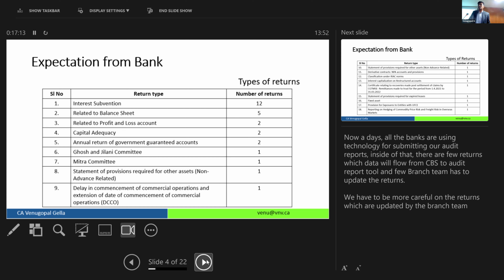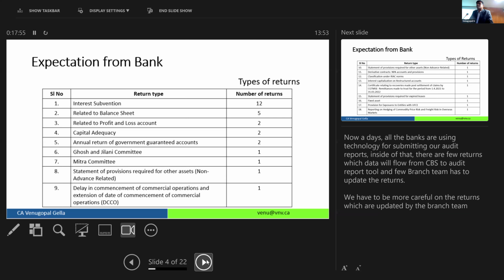And the expectation of the bank branch auditor is to sign this capital adequacy statement, whether there is sufficient capital with the bank or not. Now we are at a branch. How can I know what is the capital of the bank? So basis our certificate, it will all be consolidated and it will be taken as a risk weighted asset. It's very important how we are certifying that. Most of the time, what I have noticed is when the branch auditors are signing, all that they will see is in the main balance sheet, what is my total of loans?